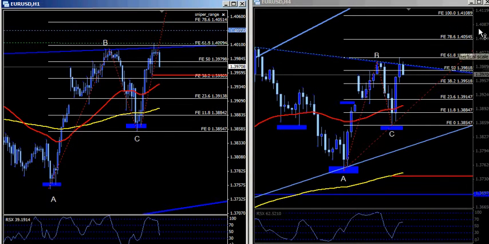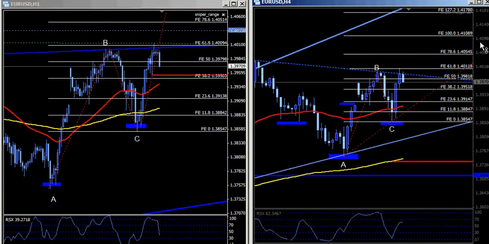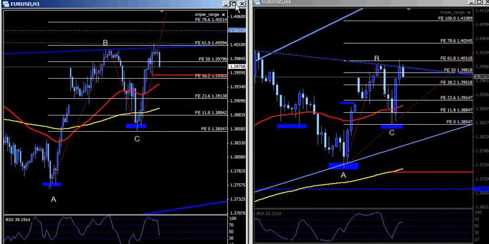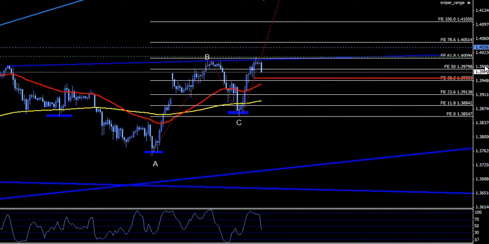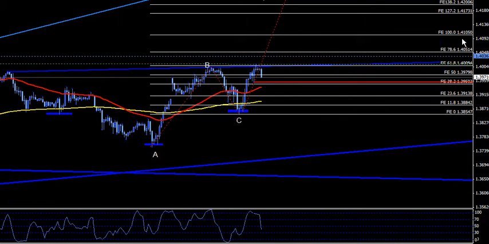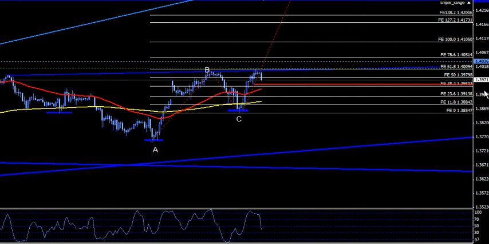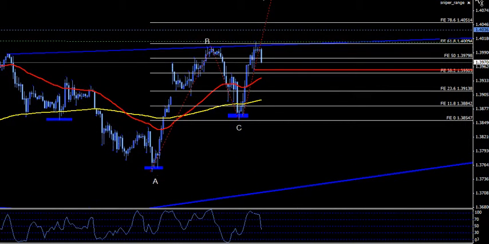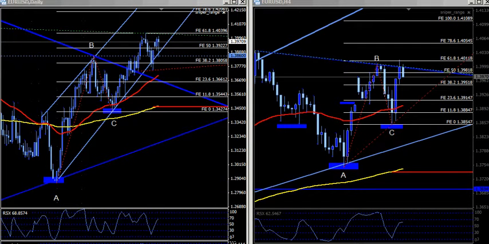Where is that with the 4-hour? The 4-hour and the 1-hour chart's basically the same pattern. We can just see it a little better and see what's going on in between the price actions on this 1 hour chart. In a completed AB equals CD pattern, the target's 41.05, and the inverse head and shoulders pattern is 42.53. If you notice, basically the same as the 4 hour chart. Okay, so